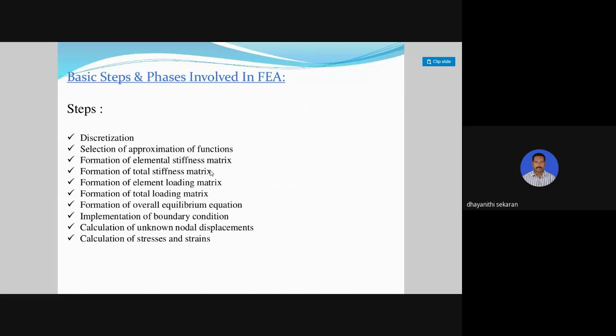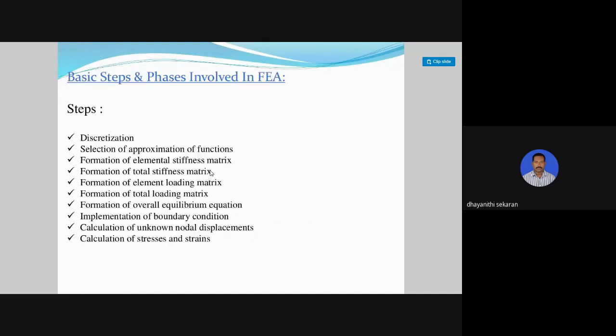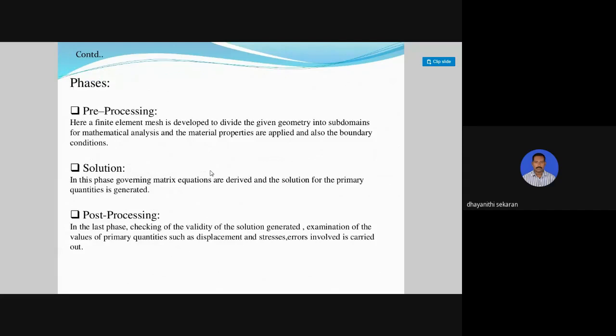Implementation of boundary condition, calculation of unknown nodal displacement, calculation of stresses and strains. Then see, I told already: pre-processing, solution, post-processing. Here the final